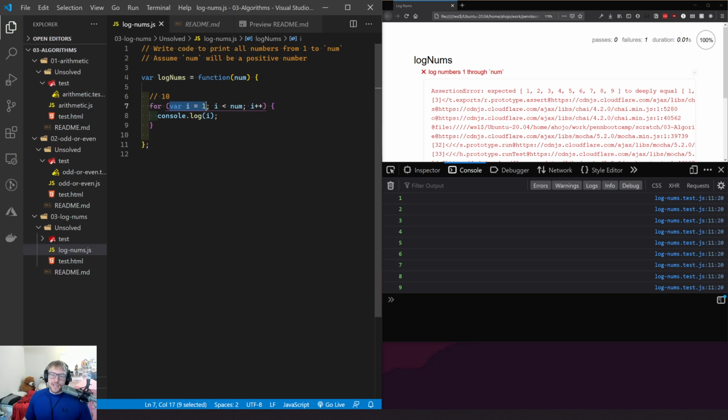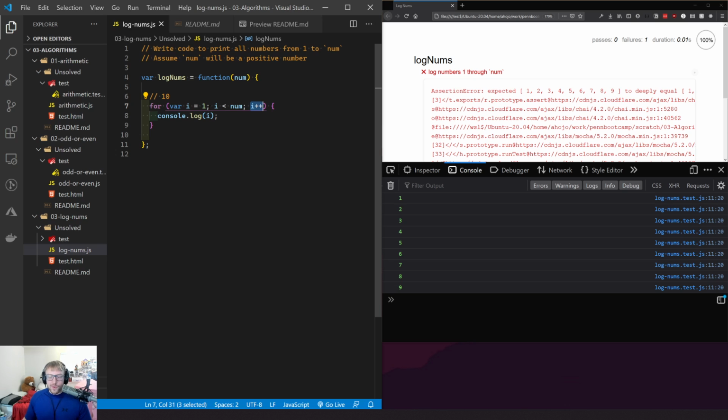So it's not going to run this again. It's going to go to our expression and see if this evaluates to true. So i is now 2, which is less than 10. Then that's true. So it's going to go in here. It's going to run line 8, console.log. It's going to go back up to here, i++. Now i is 3. And we're going to go into all those iterations. So i is 3, which is less than 10, so it's true. It goes in here. It runs line 8, console.log i. It's going to print out 3. And we go back up here to i++. And I can continue on